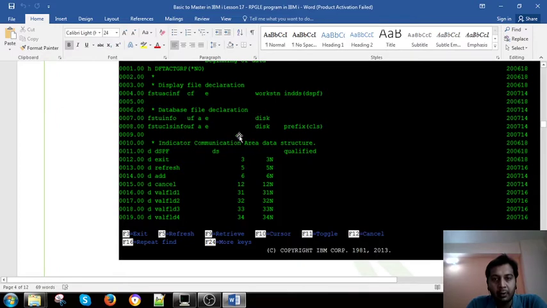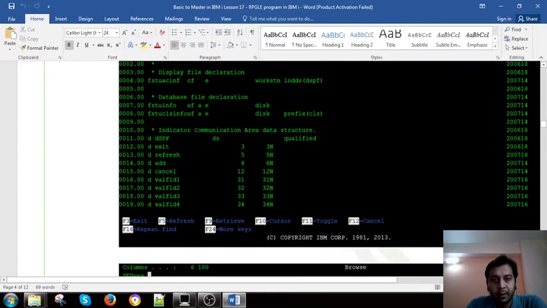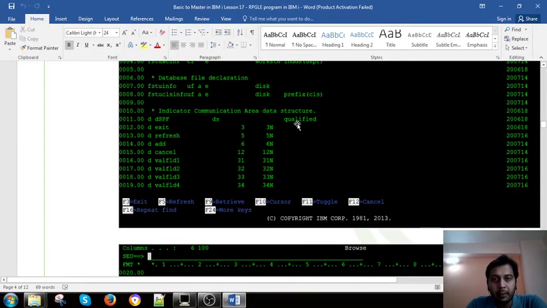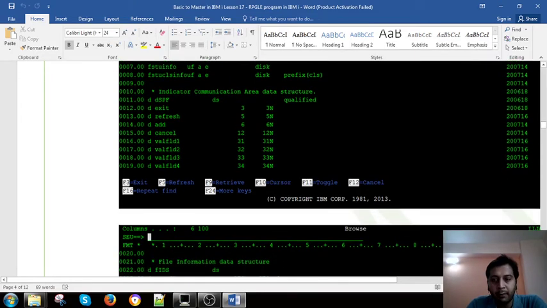We have qualified it here, and then used DSPF. For that DSPF we have used indicators, with the keyword INDDS. When you define the indicator data structure in the D specs, you then use that data structure, DSPF, here. This is the indicator that you will use, right? And with qualified, you can use something like dspf.exit. Just keep that in mind for now.